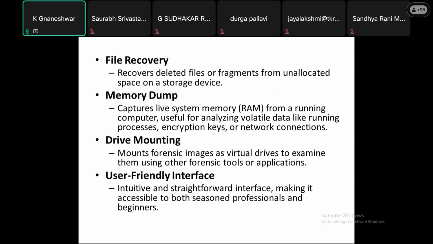Okay, this one is raw data capturing the data, right? FTK Imager's main purposes are file recovery, memory dump, and drive mounting, with a user friendly interface. A mounting option is also there. It will show a duplicate image of my pen drive. Simply select that mount option, that will take us some time. After creating this raw data, we can apply this mounting option also. It means the total pen drive, file as it is, drive as it is, we can see the disk in a duplicate way with the same name. So that is mounting.